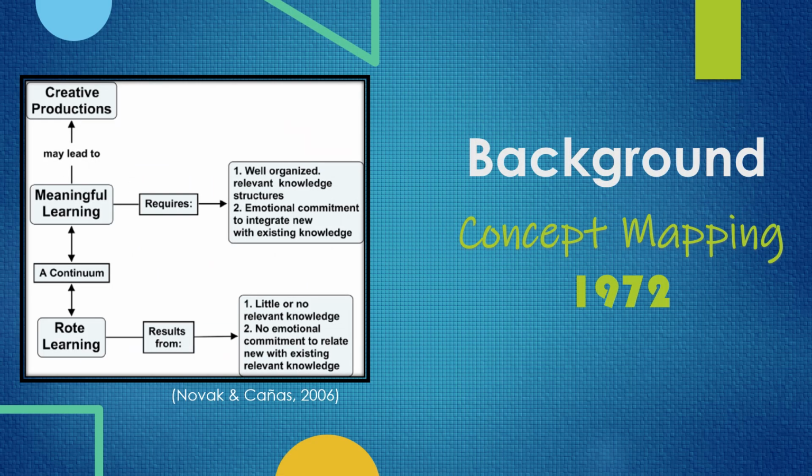In the late 1960s and early 70s, a little bit of background here, Joseph Novak and Alberto Cañas performed a 12-year longitudinal study of 191 first-grade students who were followed till they graduated from high school. And the study focused on age-appropriate science topics throughout their years and aimed to support fundamental ideas in David Ausubel's